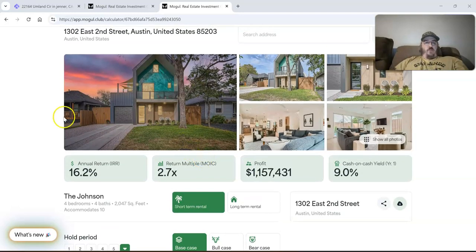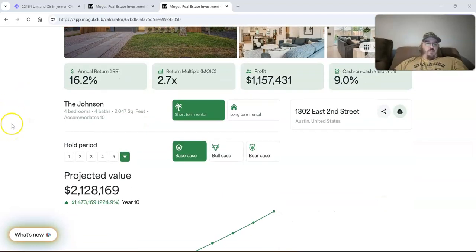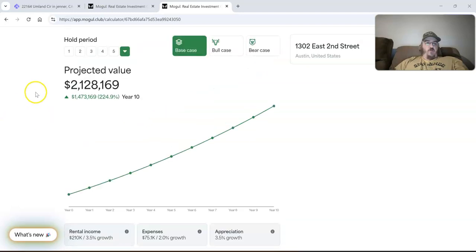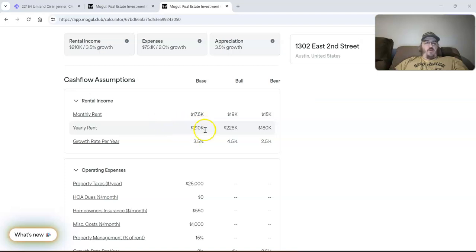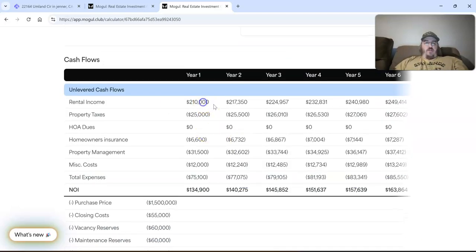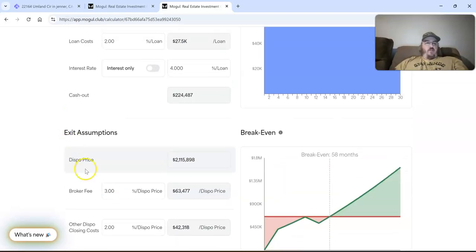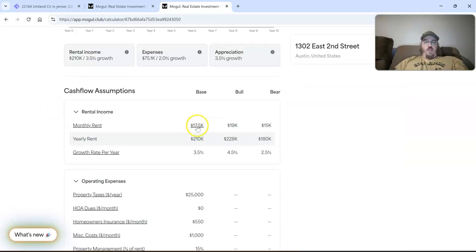But when I was reviewing this property, and this is part of the Mogul playlist, so if you look at my channel, the playlists will have anything that I've talked about Mogul on there. But one of the things that I questioned was, is this yearly rent, and this is a short-term rental, accurate? And then I think I was trying to change it in here. Actually, what I think I was trying to do is change it down here. Their calculator is very interactive, but you have to be clicking in the right spots, and that's what I wasn't doing. If you actually change the monthly amount